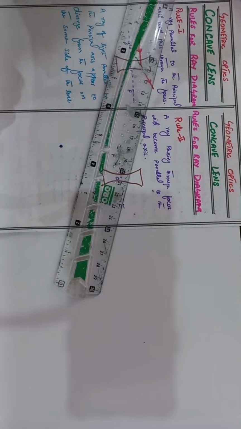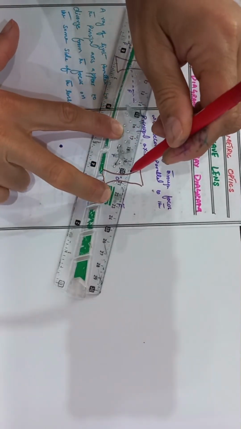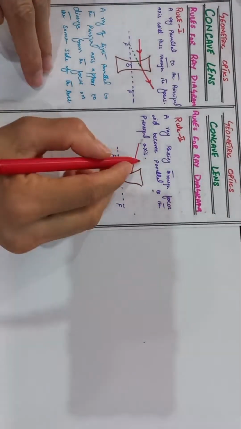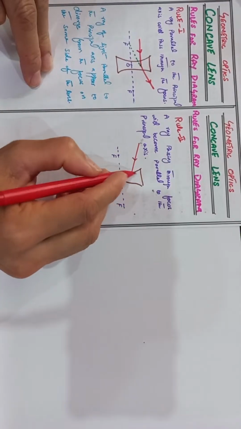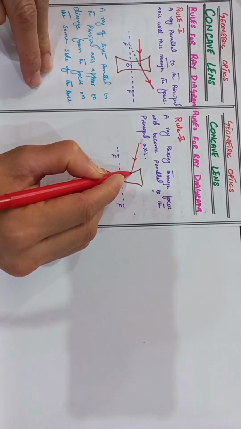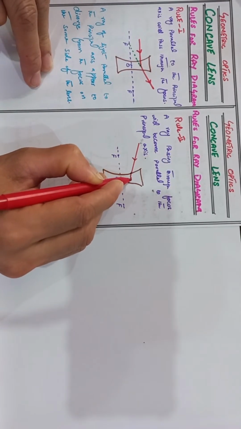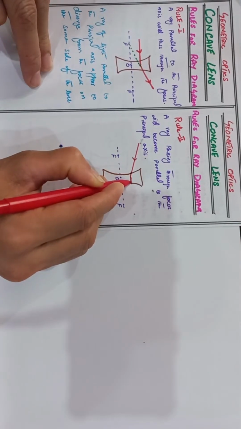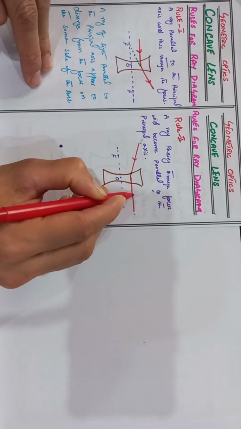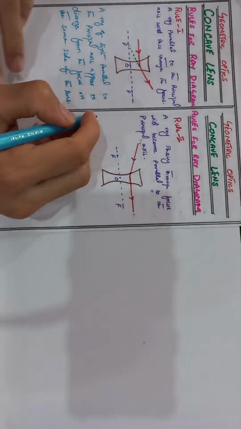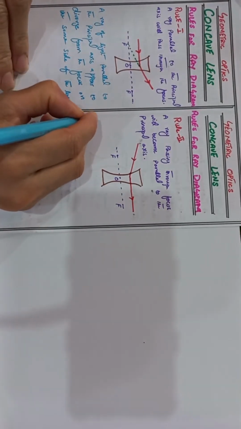Here is the ray that passes through the focus of the concave mirror. When it passes through the concave lens, it bends and becomes parallel to the principal axis. So here we write that a ray of light